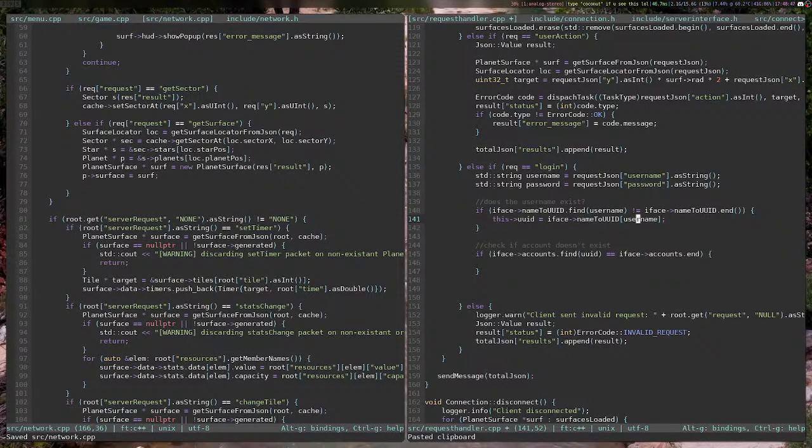Anyway, so now it's back to Planet Game because I don't understand what is going on. Okay, so firstly find out the UUID. Secondly, if the account doesn't exist,